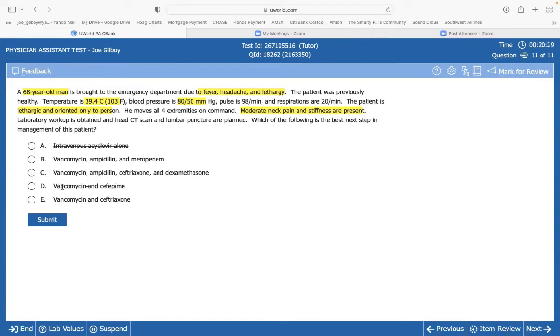And you're going, okay. So there's the vanco, there's the ampicillin. That makes sense. Where's my rocephin? You're like, meropenem? I've heard of the cefepime, but meropenem from that? And let's just say you're a little confused and you're going, God, do we give steroids? Okay. Which one can you swallow? I mean, which one's more palatable to you? The vanco, rocephin, and ampicillin, and I don't know what, or the vanco, ampicillin, and no rocephin. You're like, I can chew this one, Joe.